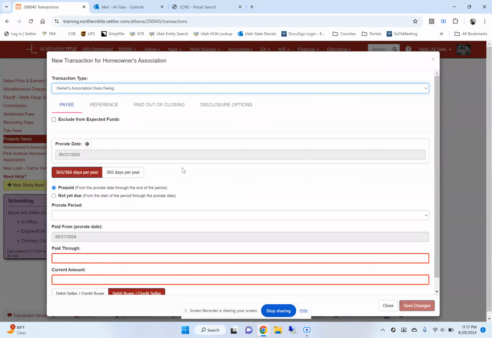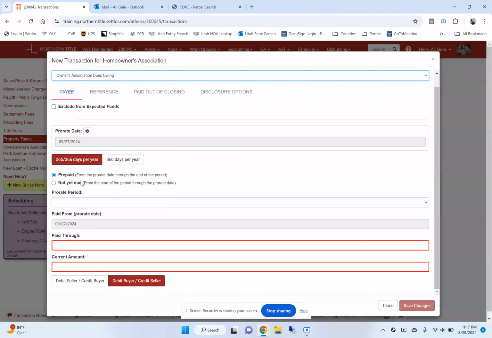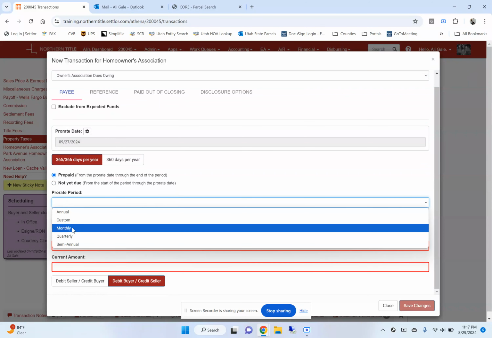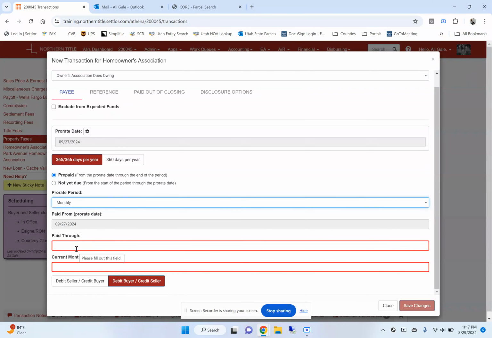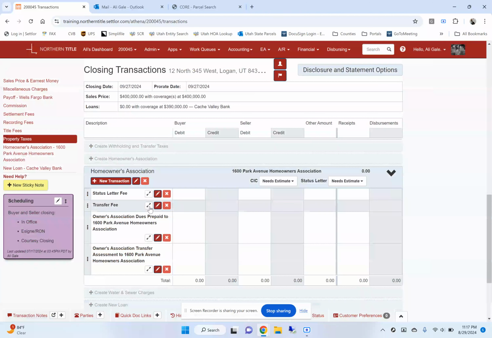Anything like that. And it gives you a good explanation of your prorated date, if it's prepaid or not yet due, the period of when it is, and when it's paid through, current monthly amount, all that information. I'm just going to throw in, let's say my Rep C said the seller needs to pay for all HOA transfer fees. So we'll just throw in some numbers here,